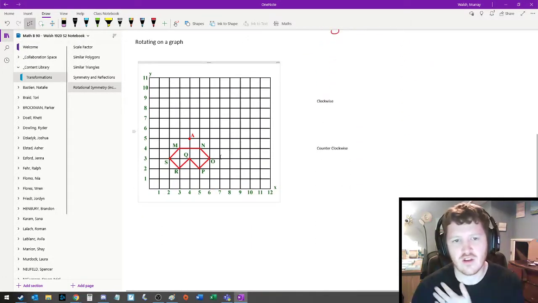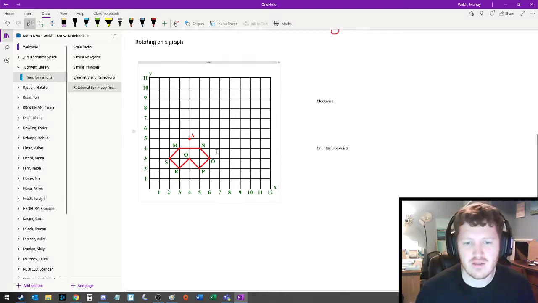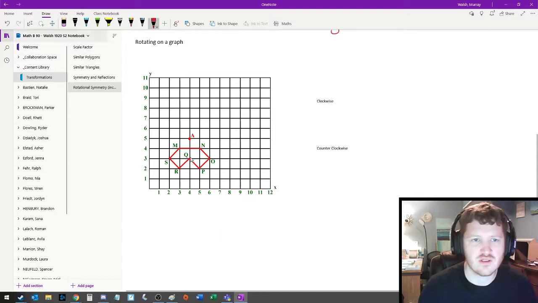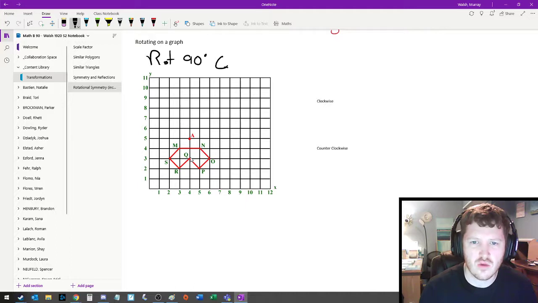The last thing I wanted to talk about is rotating an image on a graph about a point. So this is not looking for rotational symmetry. This object, we're not concerned about it. We're taking it if we have it, and we want to rotate it about point A. Okay, so for this example, we want to rotate 90 degrees clockwise,